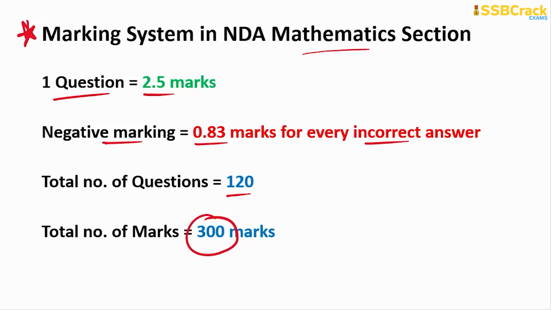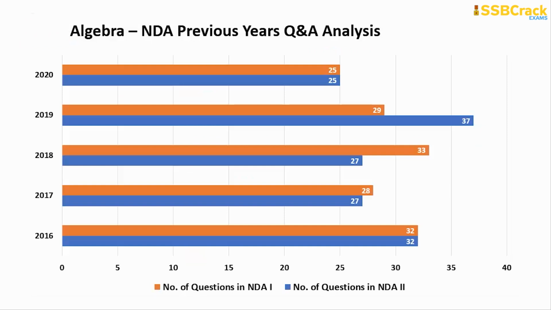If you are confident enough that you have the answer, attempt the question with full confidence and get the full 2.5 marks for each correct answer. But don't mark an incorrect answer, because that will simply deduct from your score. So you have to add to your score by attempting as many questions as possible with 100% accuracy and confidence. All right, so here we begin our session